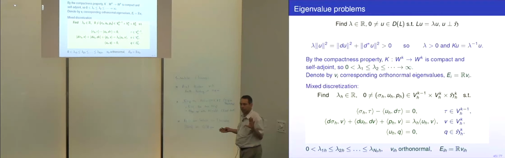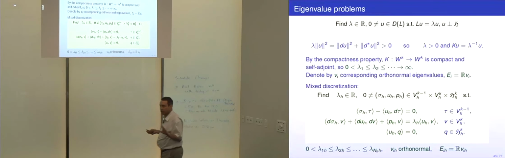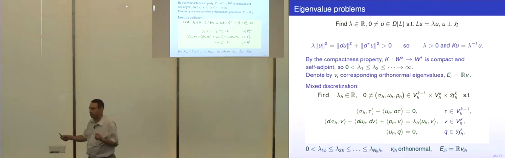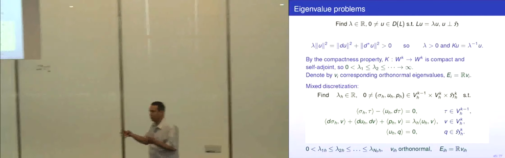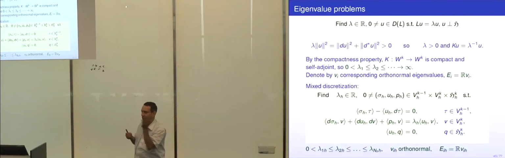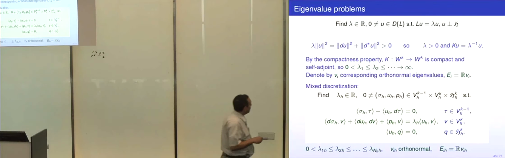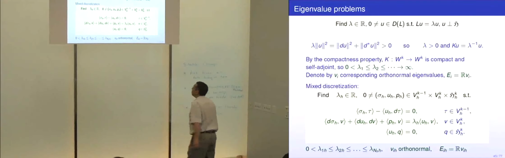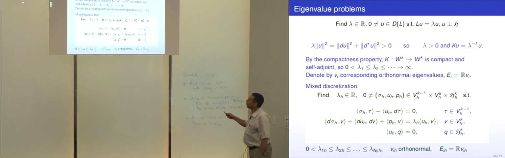That makes it a little bit difficult to talk about convergence, because you can't say my v_1^h converges to v_1, because you have to specify how you picked v_1. You could have picked anything in the space. So people who work on eigenvalue analysis have long had to deal with that headache. But so take any orthonormal basis of eigenvectors, which you have some freedom on, especially if there are multiple eigenvalues. Let v_i be the eigenvector and E_i be the span of that eigenvector.